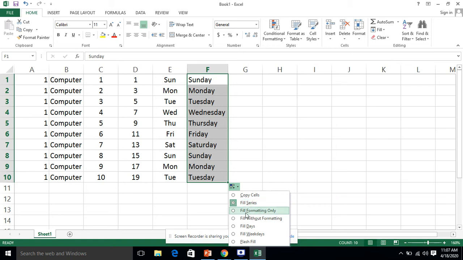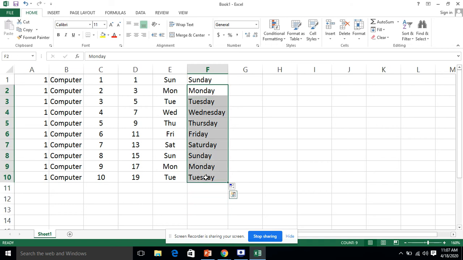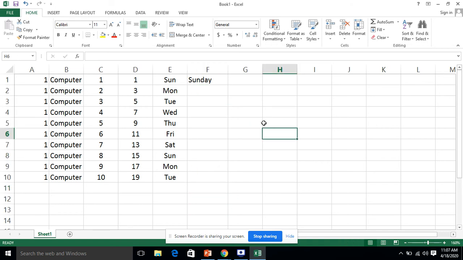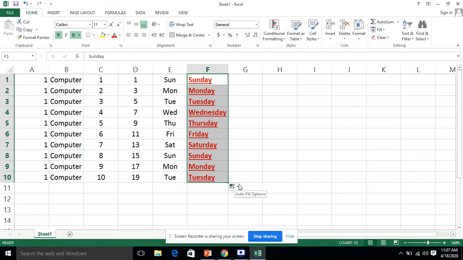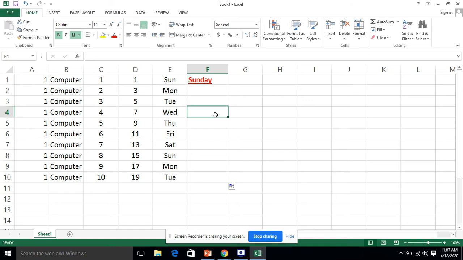What is meant by fill formatting only? Fill formatting only will not bring the data, but only the formatting. Formatting means the color, the size, and for example, if I make it red, if I make it bold, and I make it underline. Now if I drag it and choose formatting only, the data will not come here, but its formatting has been copied over here.